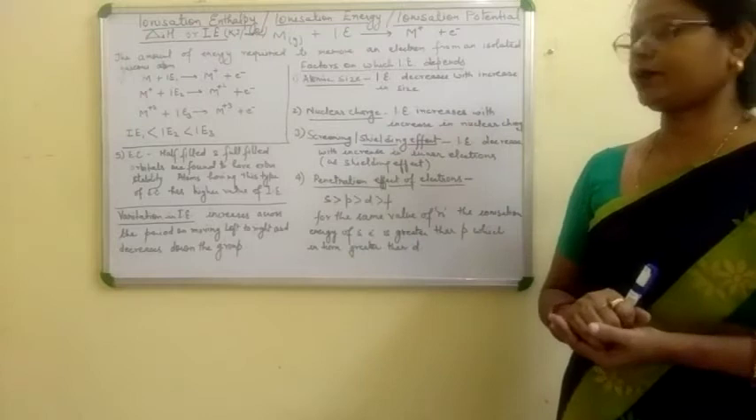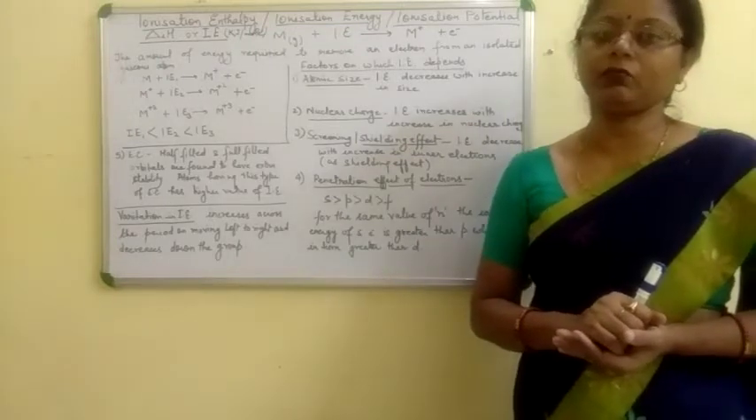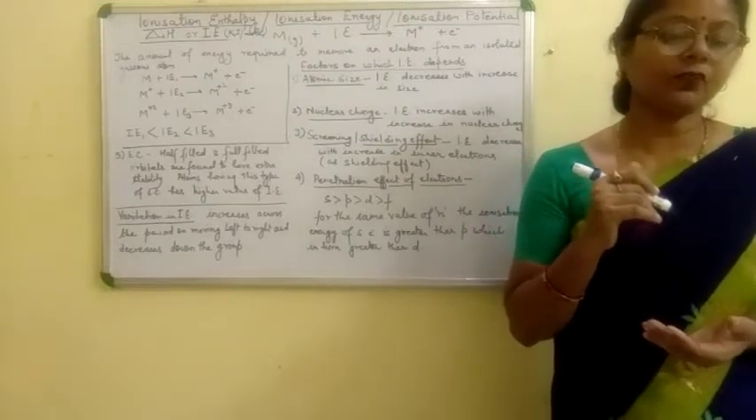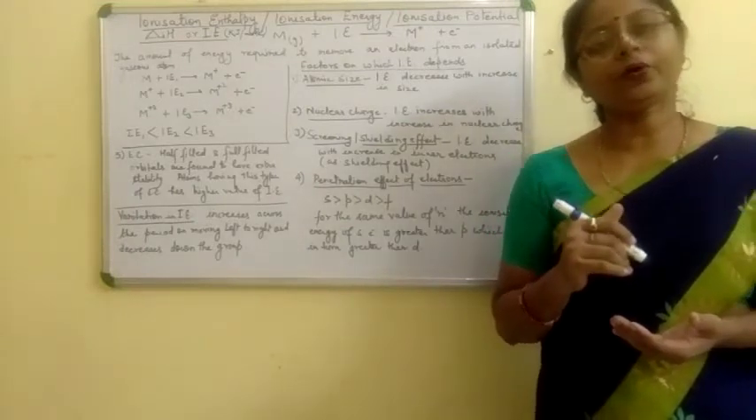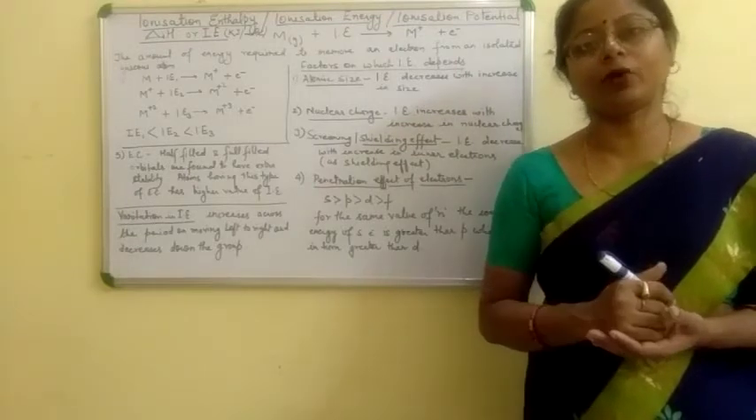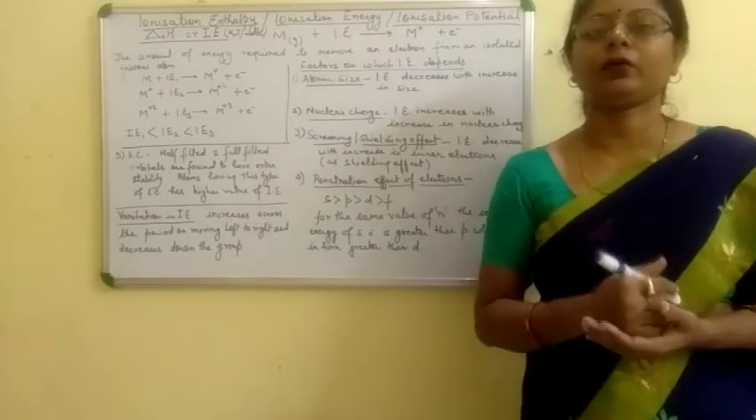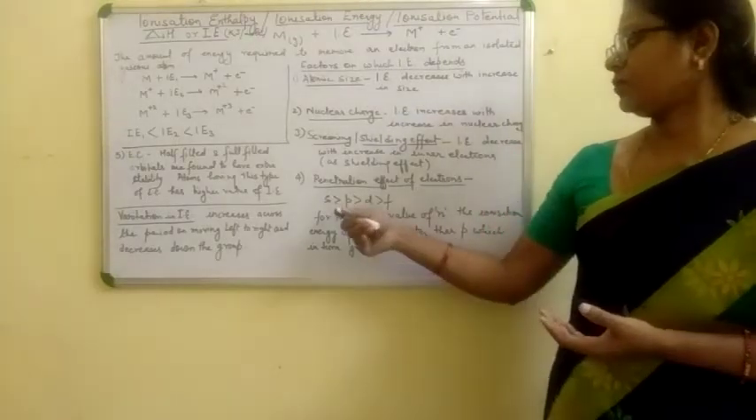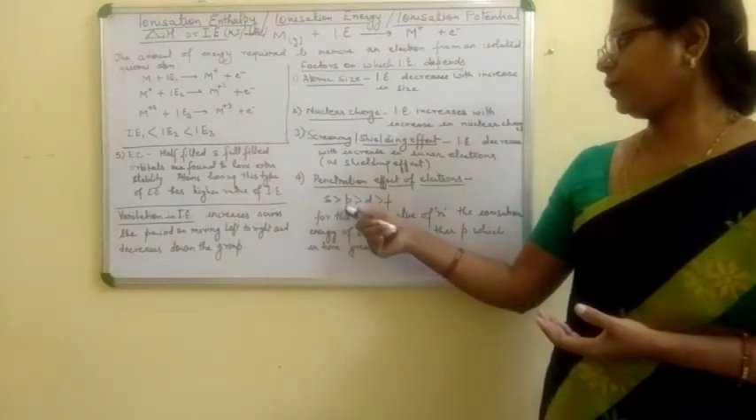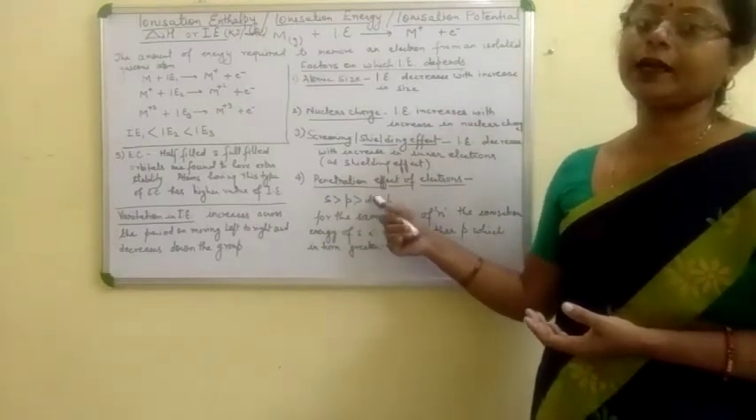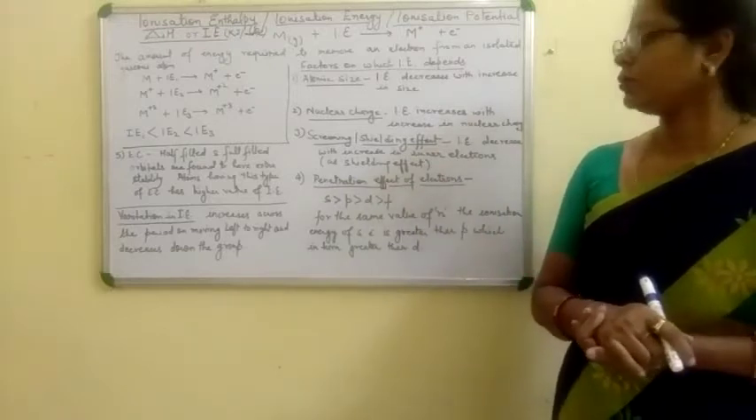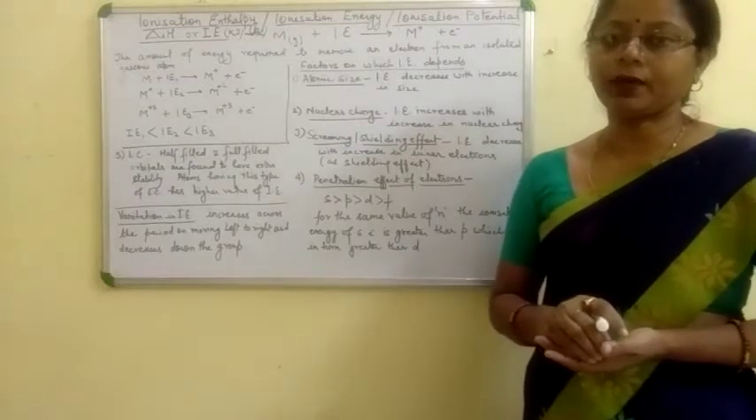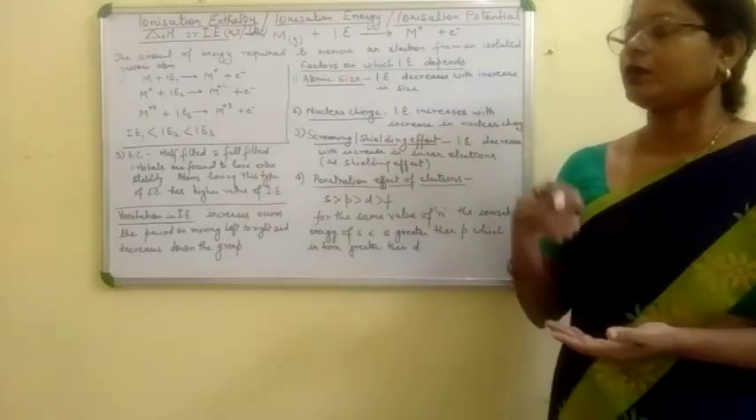Penetration effect of the electron. According to the wave mechanical model, the electron clouds of various electrons don't maintain their distinct boundary. They penetrate each other. Penetration power of the s orbital electron is more than p orbital electron, which is more than d and f block electrons. So, for the same value of principal quantum number n, if the